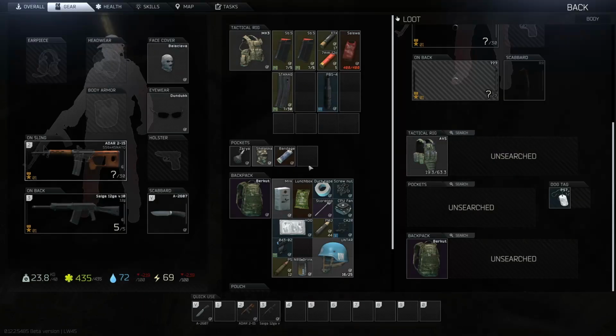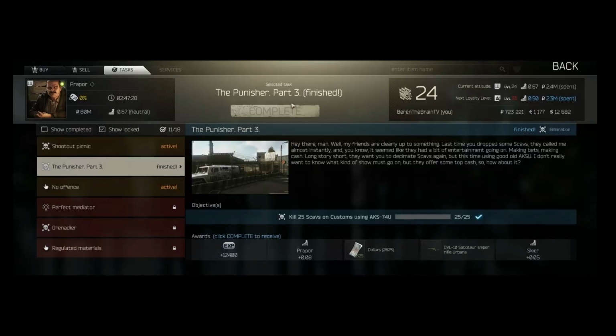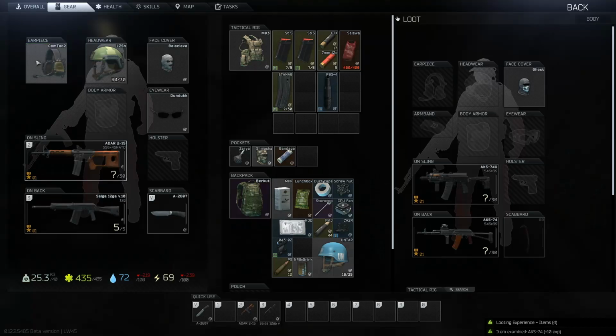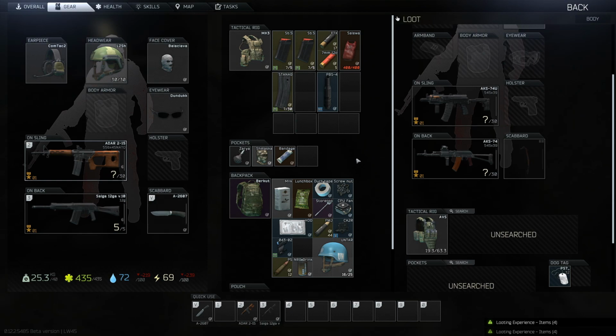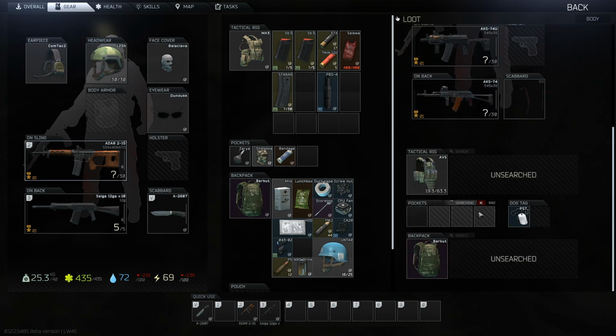And today we got something a little bit different. I will show you a customs run on my Punisher task, where you have to kill 25 scavs on customs with the AKS-74U. And I'm running into a lot of PMC groups, player scav groups, and I'm just gonna give you a